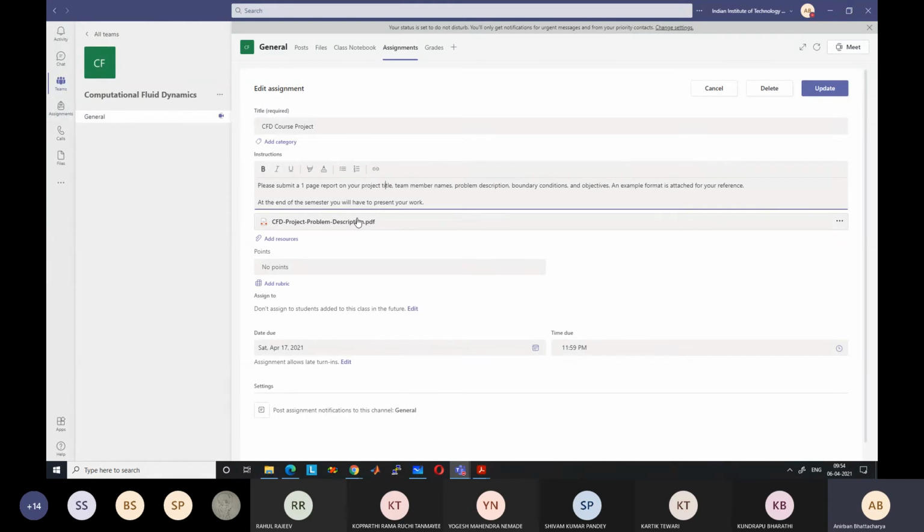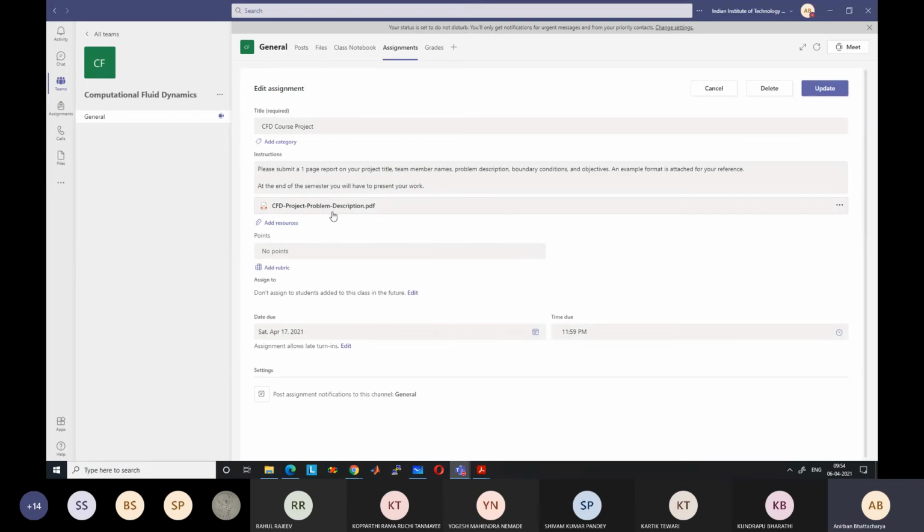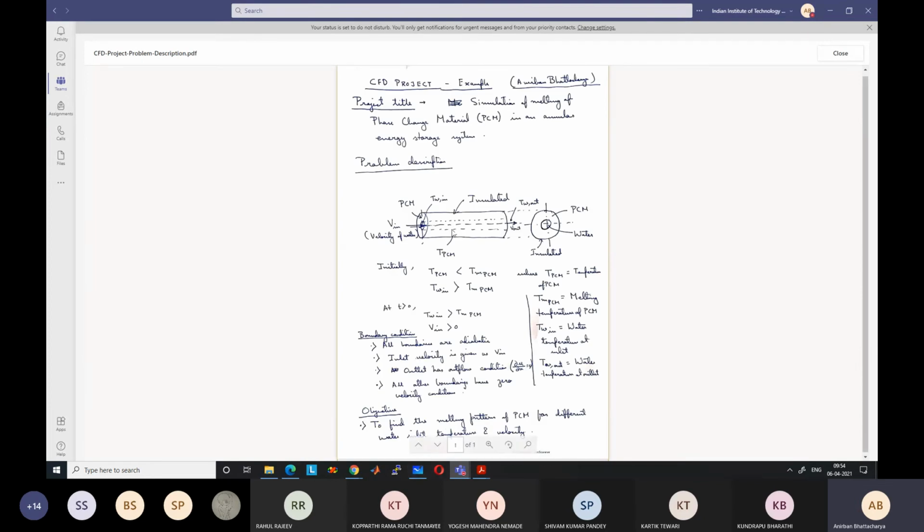But actual CFD you can learn by solving projects. Just by looking at the theory, you cannot learn much CFD. It's a different kind of subject. It's like I was explaining previously: it's like learning swimming by just watching YouTube videos of swimming. You cannot learn swimming that way. You have to learn swimming by actually swimming. Similarly, you have to learn CFD by actually solving CFD problems. If you see this problem description, this is just handwritten, but you can make it handwritten or type it also.